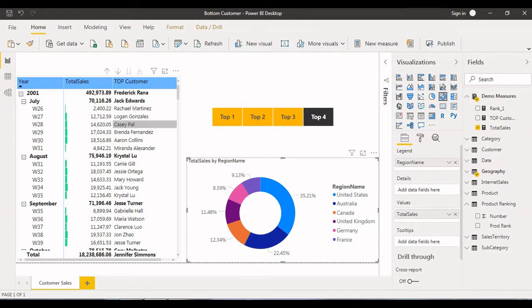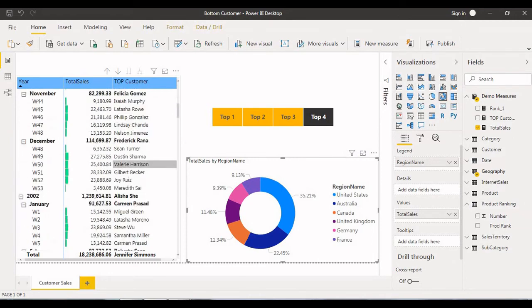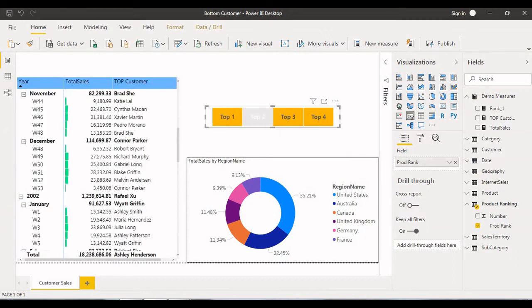Now you can see the top customer in July, week 26, this is the customer. Then week 27, week 28, 29, 30. Like that, week-wise, with respect to the month and the year, we can find the top 4 customers or top 1 customer or top 3. You can select anything, and it works very dynamically.